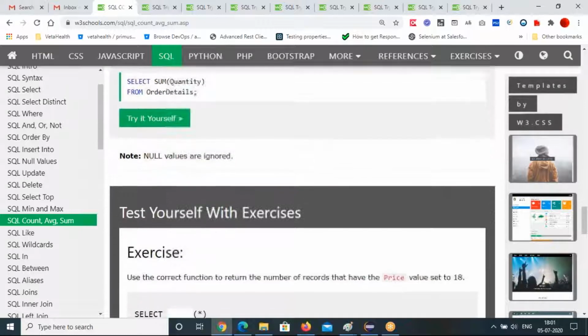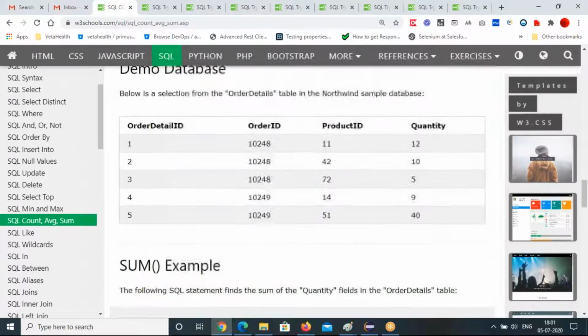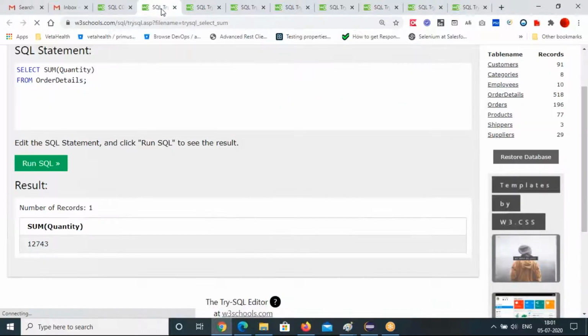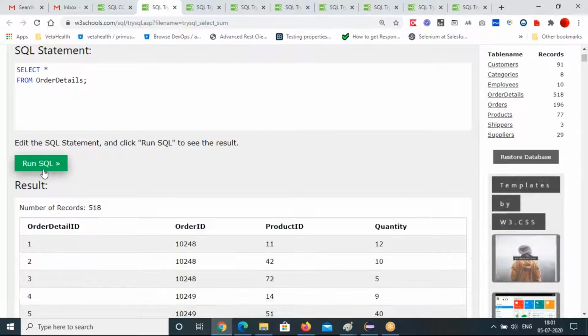Might be we'll get all the rows. Table name we will get first, and then we'll see. Table name all, that's better. We can get it all. Let's see. Select star from order table.